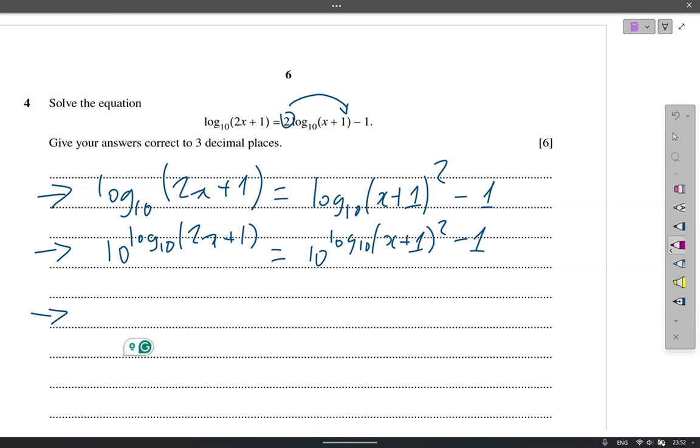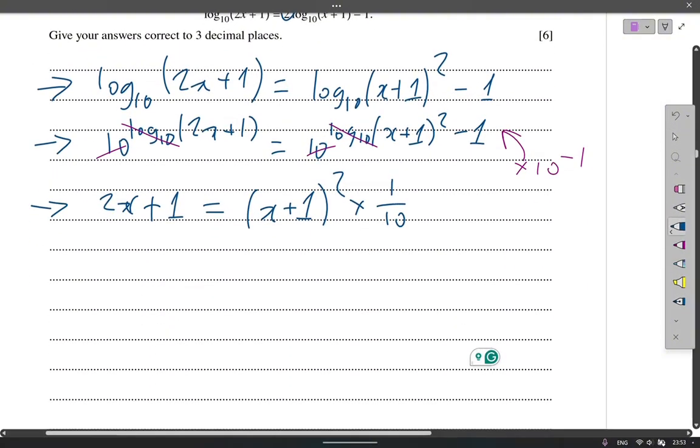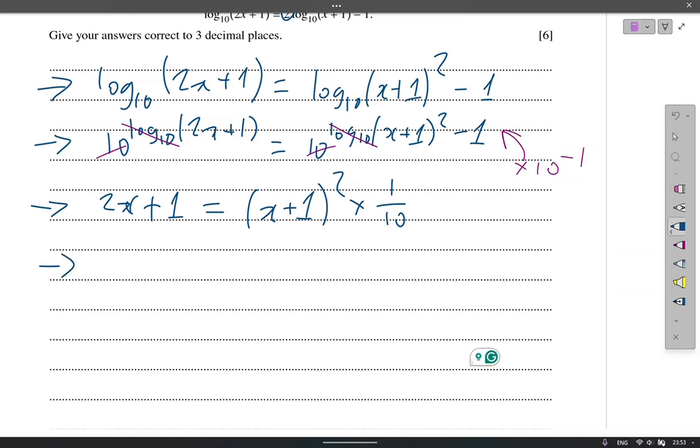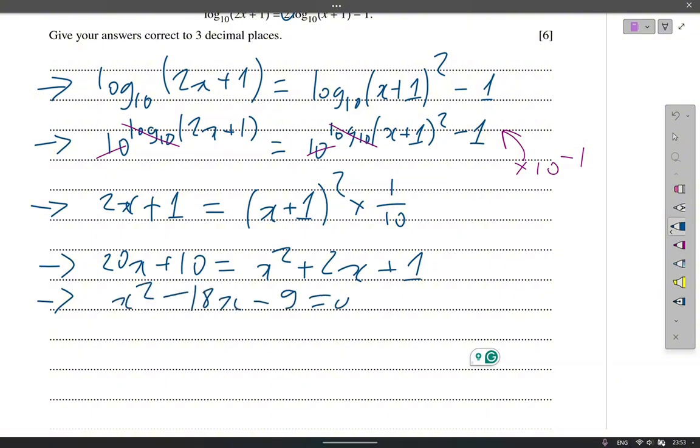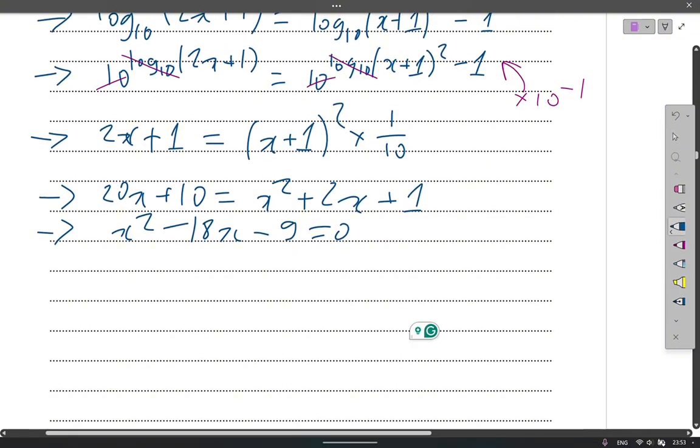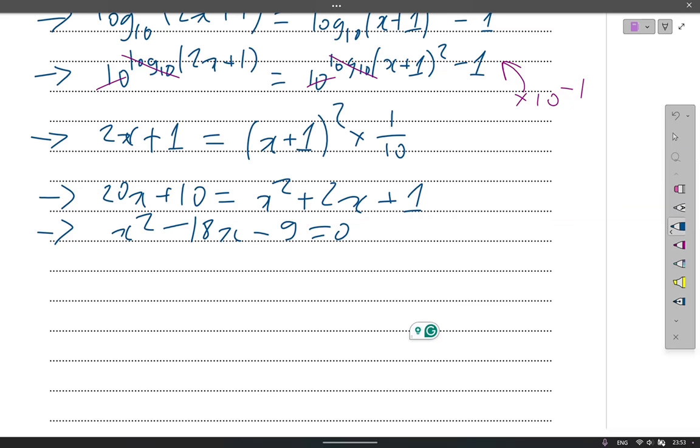The 10 base and logs cancel each other, but in here it just gives us multiplied by 10 minus 1 as a result. There's one. Next step, we multiply both sides by 10 and collect terms, and we can just solve this one as a quadratic equation using the quadratic formula,